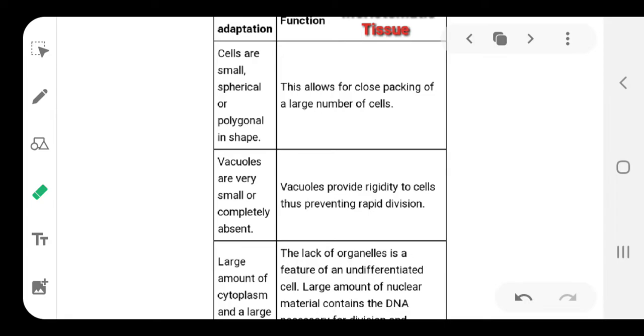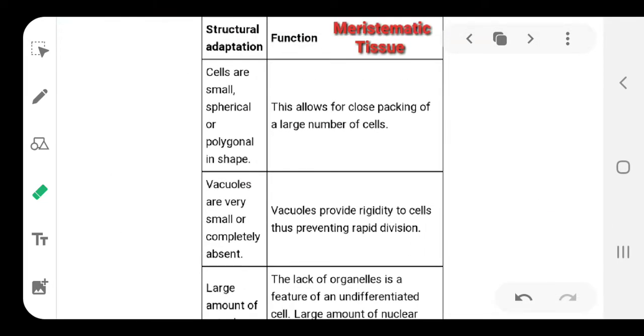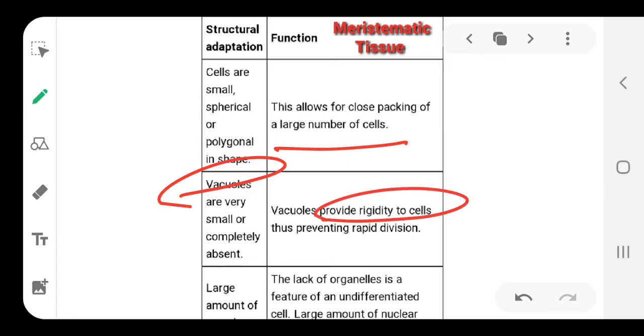Now, this part of the topic that you are going to study now lets you know how the structure and function of this tissue are related. So, in case of meristematic tissue, the cells are, underline this whole term, small, spherical and polygonal. The function is that it allows for the close packing of a large number of cells. So, here the cells are tightly packed. Then the vacuoles are very small or more or less completely absent, and the vacuoles provide turgidity to cells and